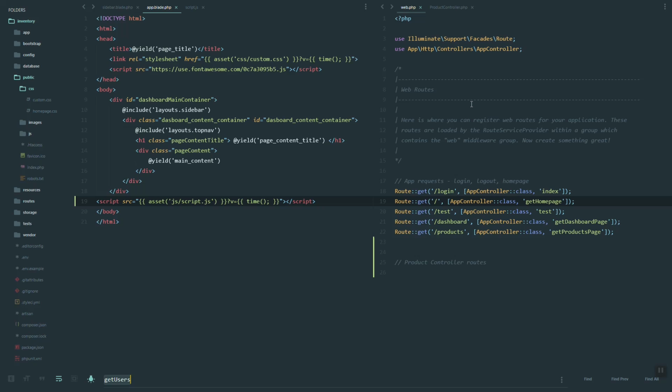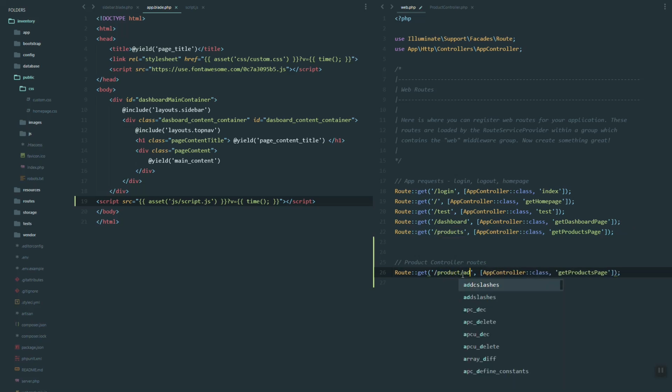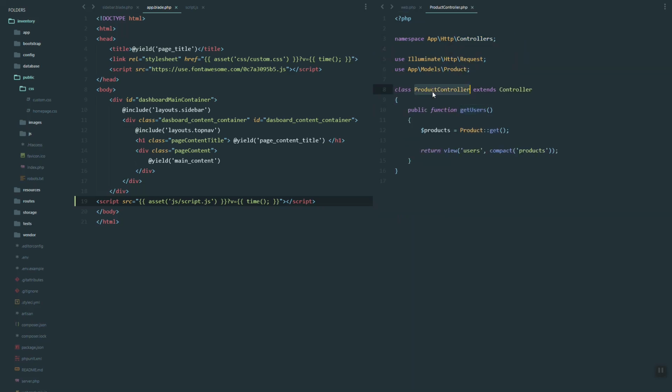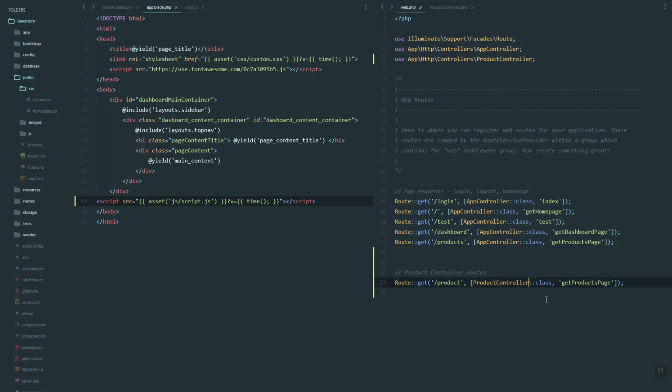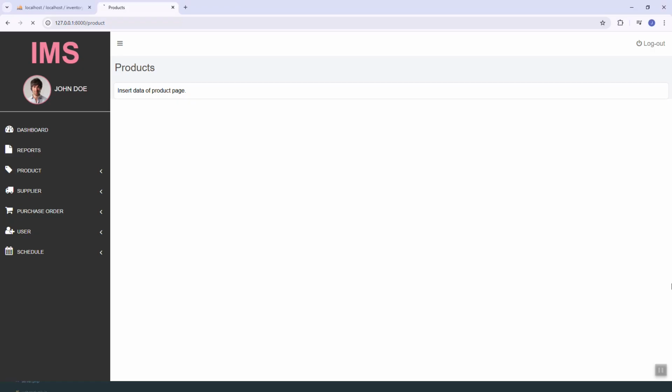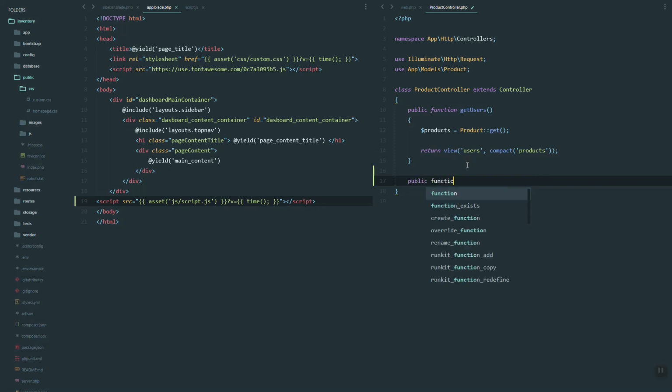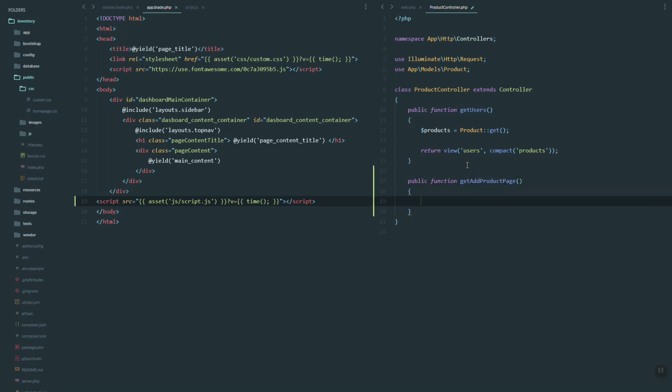So let's just copy and then add product. So this is just the product, and then instead of the app we're going to use the product controller. Let's make sure to add it in our namespace. Refresh. So here let's create a function. So this is the page, and then going to